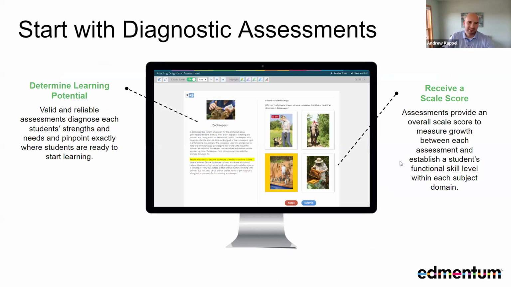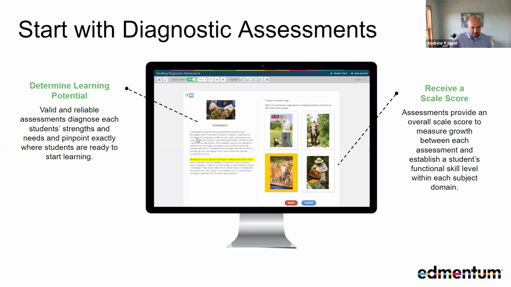So we're going to start with our diagnostic assessment. I mentioned that a little bit already. And for you, it's interesting because you are working with adult learners. So the recommendation would be, and we've gone over this in the past if you've been in the trainings, to set your students at the 12th grade level, so that they're getting a diagnostic that starts at that level, and then it will adapt down.